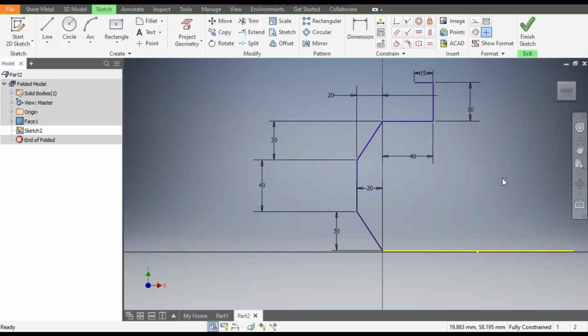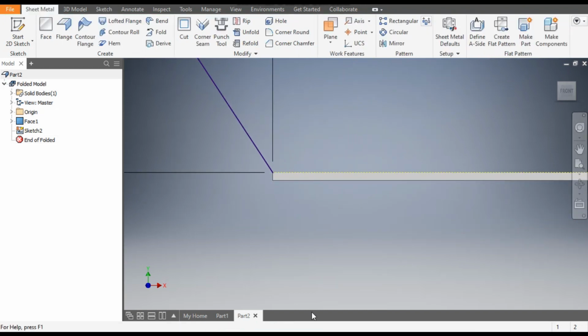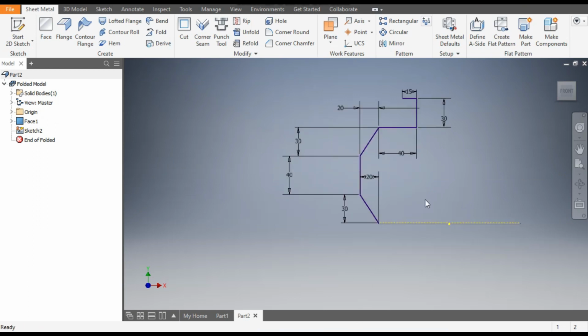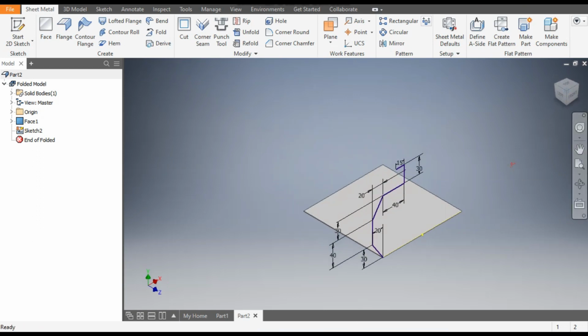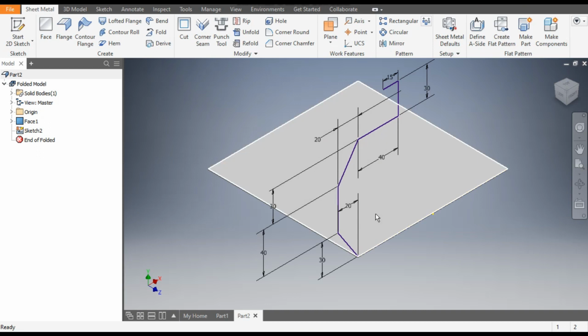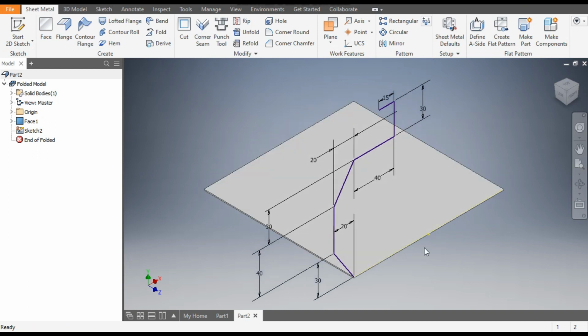Escape, select this projected line and make it construction. Okay, now finish sketch. Now, as it's only a single sketch and we want to make profiles on all 4 corners,